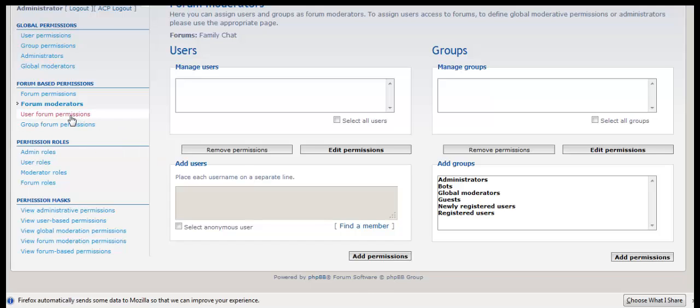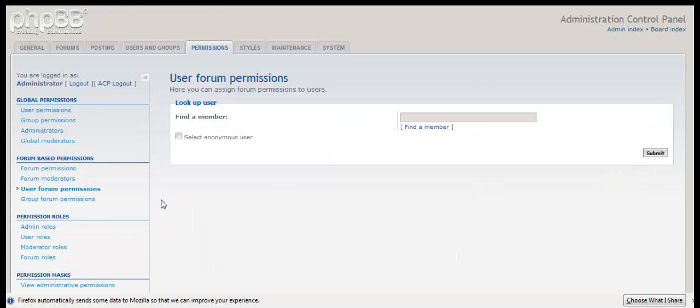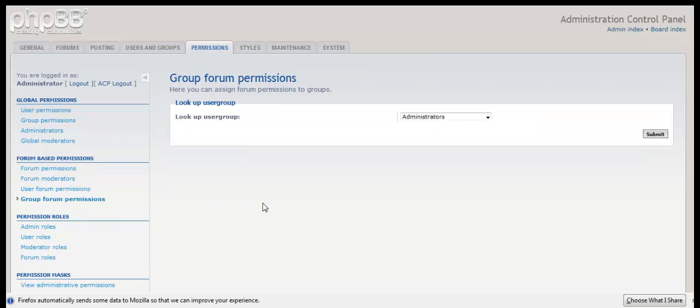Okay. User forum permissions, which again we've covered in the past. Any particular user, what forum permissions he's got, we don't really need to go over that. And group forum permissions is exactly the same, except it works on a group basis rather than an individual user basis.